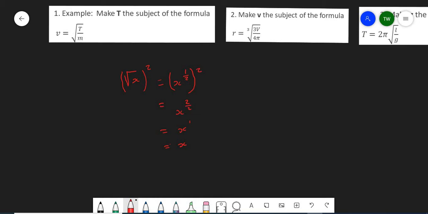So what really happened is that by squaring, it allows us to remove the square root sign. So another way to look at this is to say that the square root of x all squared, what happened is that this 2 on the outside cancels out the square root sign and just leaves you back with x. And so this is also true if you have